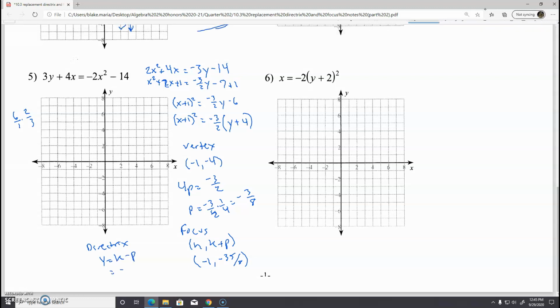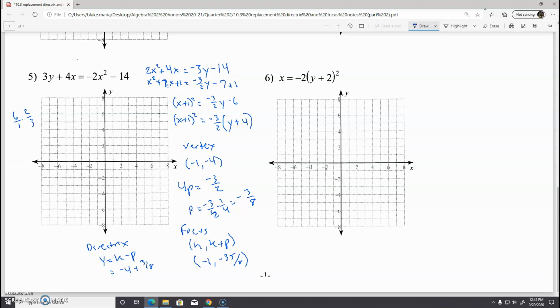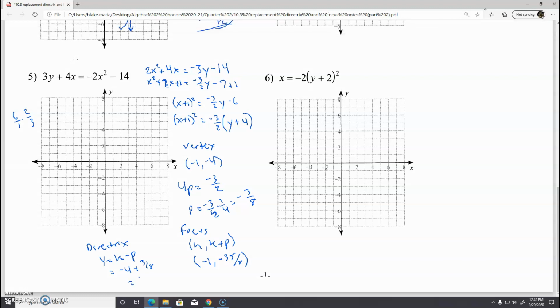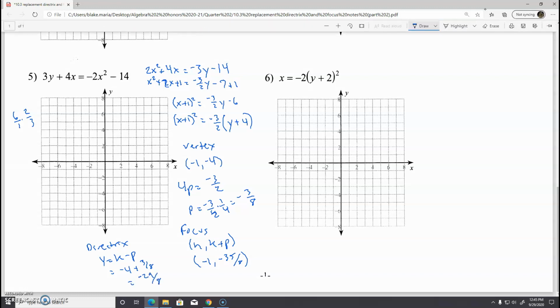So you have -4 minus negative becomes plus 3/8. So that's -32 plus 3 gets us -29 over 8. And you can graph. Hopefully I can get it done in time. -1, -4. We know we're opening down, so we go down 3/8, up 3/8. There's our directrix, and it opens down. All right, guys,